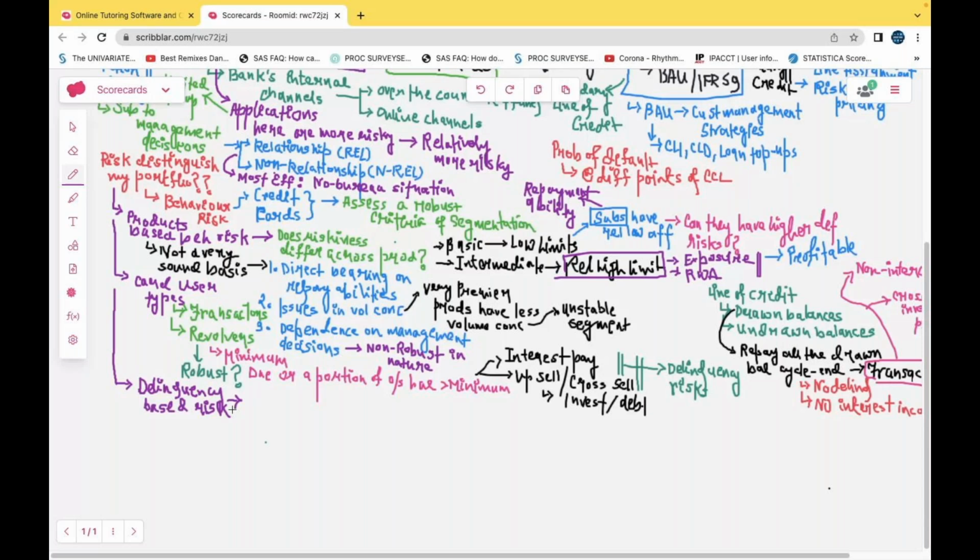Now let's say that I am a transactor and I keep on paying back my money, but in the last 3 months I have been delinquent at least once, right? So if I have been delinquent once, I have not been a transactor for that month, but for the other snapshots, for the other months, I have been a very dedicated transactor. But let's say there is a revolver who has never been delinquent. So a borrower, a transactor who has been delinquent at least once in the last 3 months